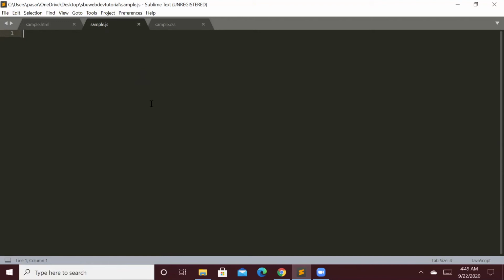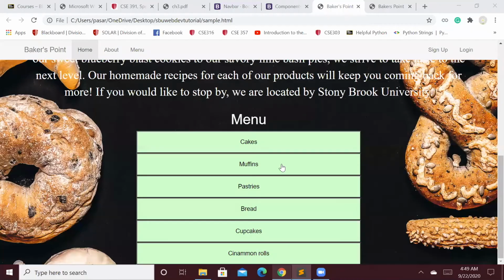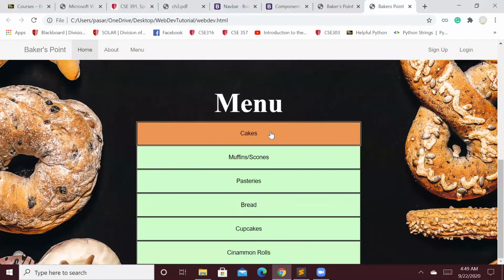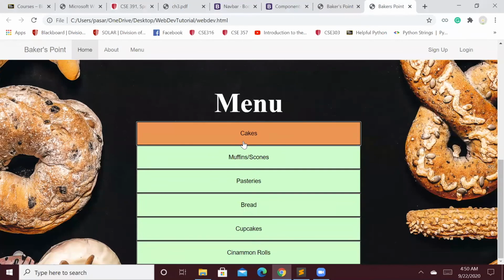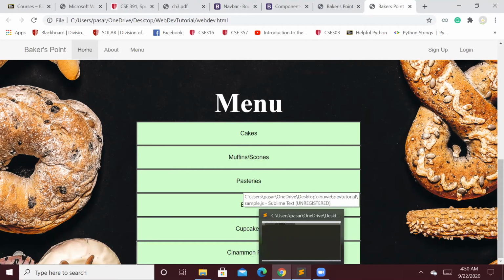So that's going to be your JavaScript file. Let's see. We are going to make a list of items that we want inside of our cakes. For example, inside the cakes, we have velvet, we have $60, and we have a home delivery option, and we have these different dates and times we want to sell the cake. So I'm going to make a list of items that I want to put in the array, so that when we iterate over the arrays, we can take every item and put it